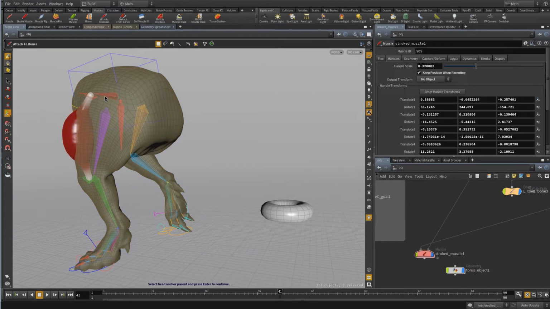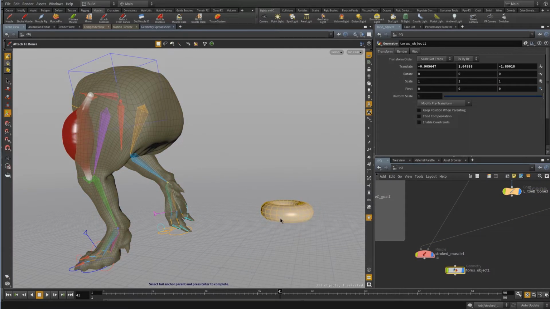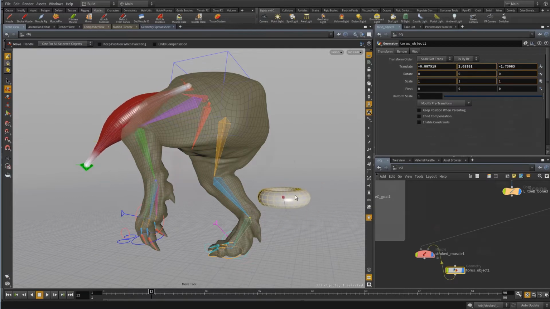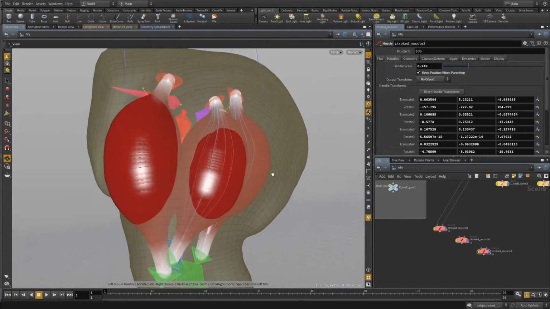It's also worth noting that even though the tool label says it attaches to bones, you're not limited to attaching muscle anchors to bones exclusively. Any object or constraint can be parented to a muscle handle, so this may be helpful when you create your rigs. Now that we have a few muscles stroked, we can start on a bit of shaping work by adjusting